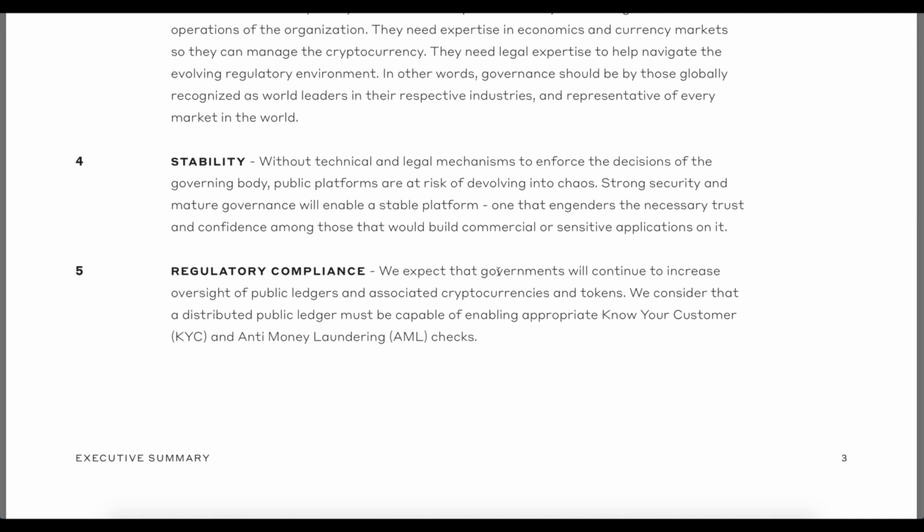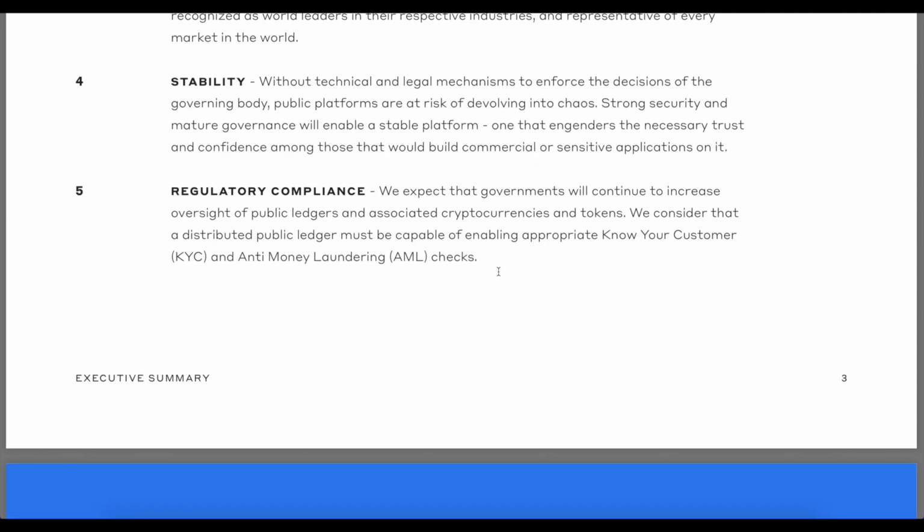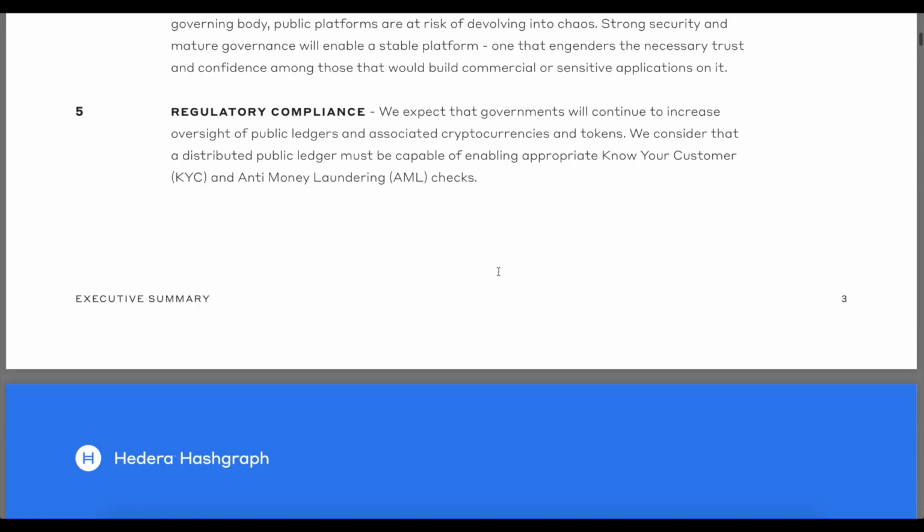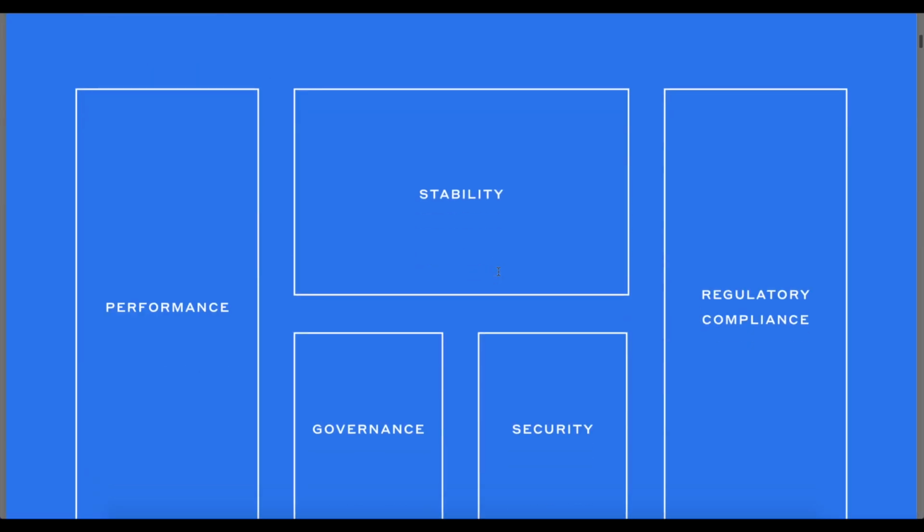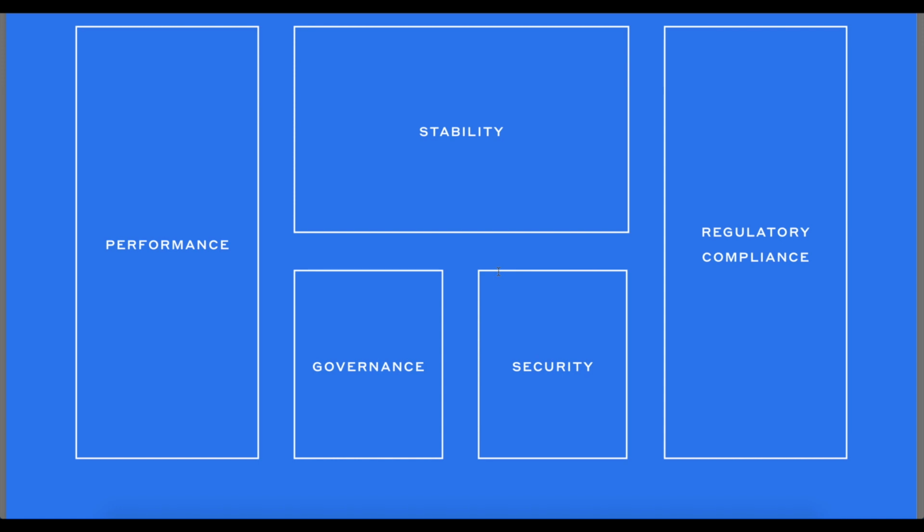Then they are also trying to make the network stable, that will have a minimum amount of attacks and a minimum amount of risk involved. Even if some of the nodes get destroyed or something happens, due to the consensus mechanism, all the nodes that have the information, the transactions will go on smoothly, so the network will be highly stable. And then they are trying to implement regulatory compliance. So this is overall their vision. So this is how it looks, that they are trying to provide high performance, stability, security, governance, and regulatory compliance.